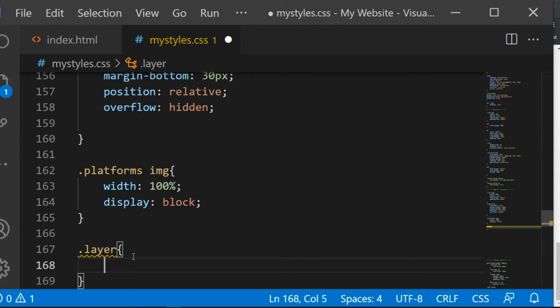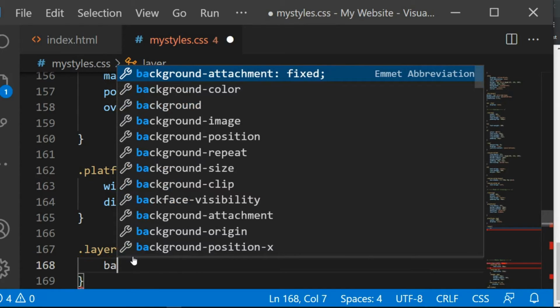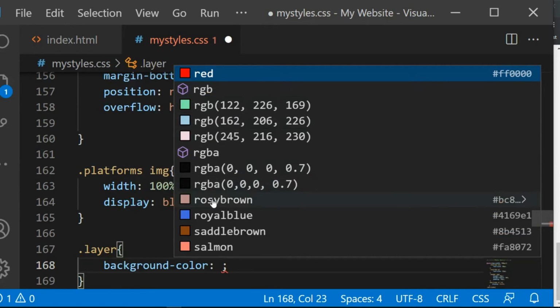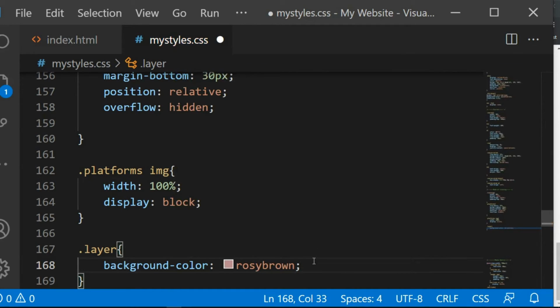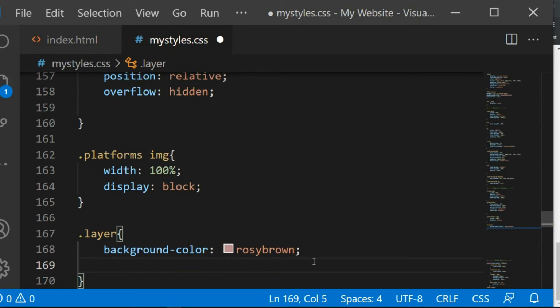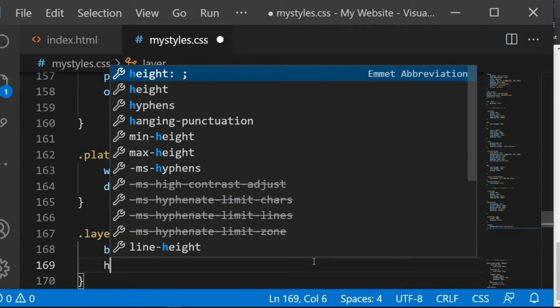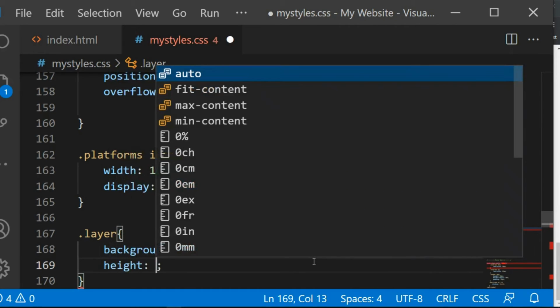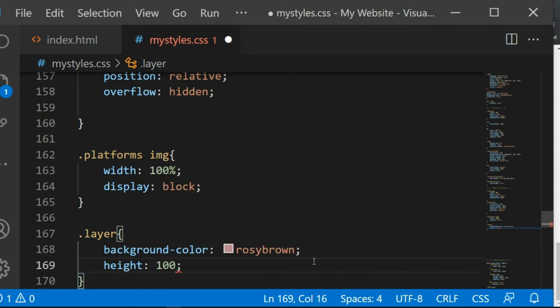So background color, I'm going to give it a color. Let me just use the rosy brown, and then I'm going to give it a height of 100%,